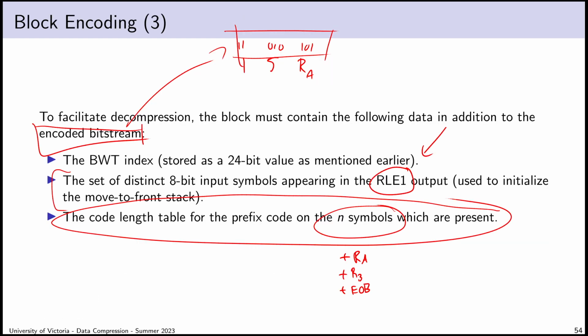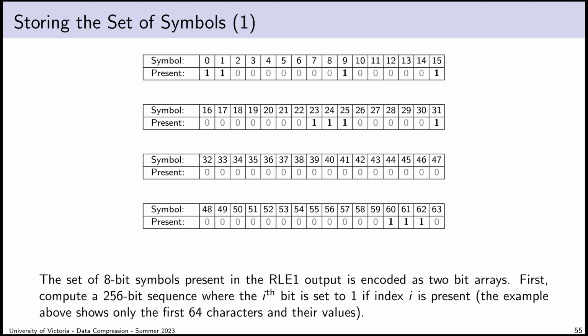So I'm going to do this thing first. How do I tell the decompressor which possible 8-bit symbols occurred in the RLE1 output? Which things do I use to initialize my move-to-front stack? I could get into meta-compression tricks like the CL code in Deflate, but BZip does something relatively simple, which is, I think, reasonably efficient. It's a clever way of viewing the problem that's pretty clean and streamlined, which is, well,